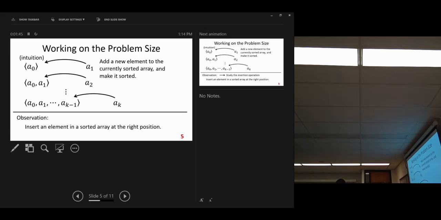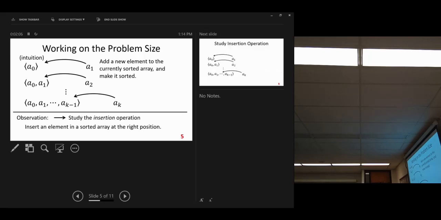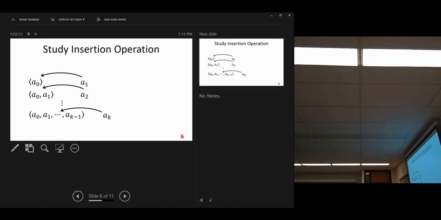First, find the right position. Second, make room for the new element, then put the new element in place. So that's the basic procedure. Very simple. But we need to study that insertion operation, our key operation. All right. Let's look